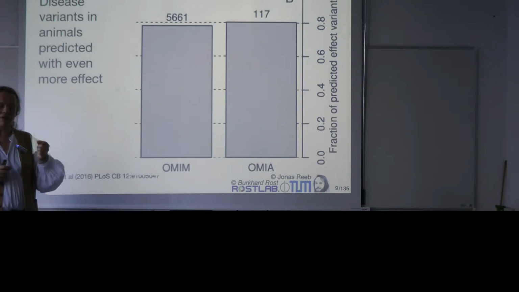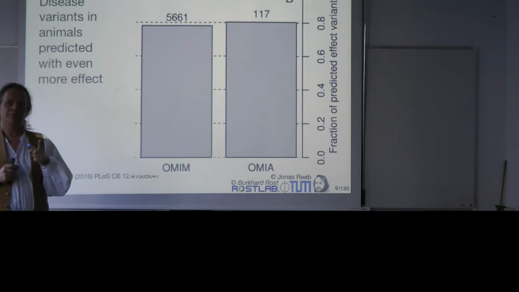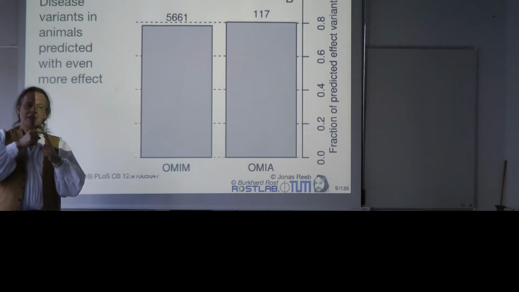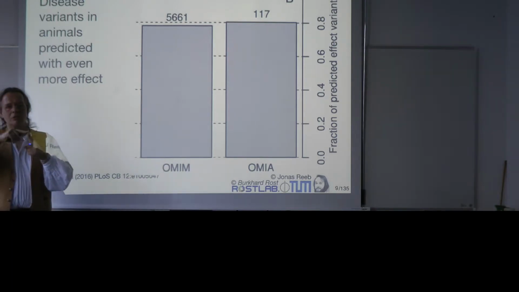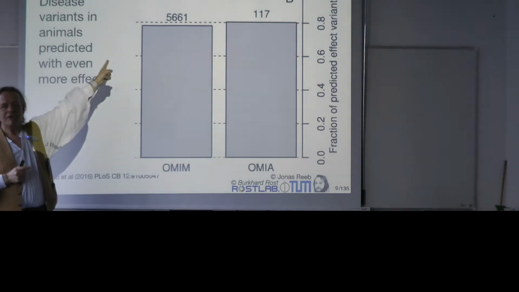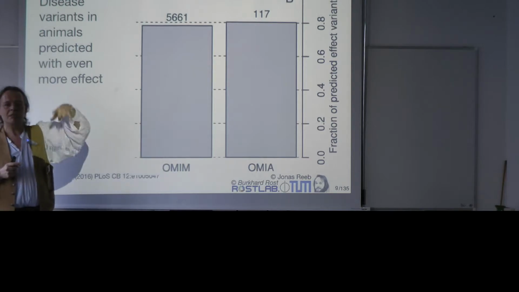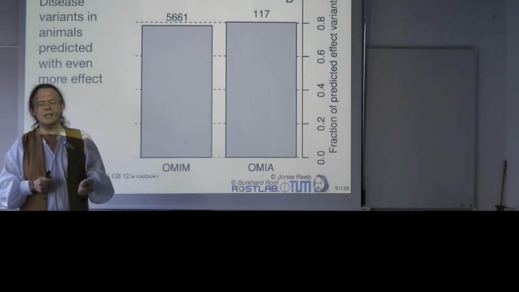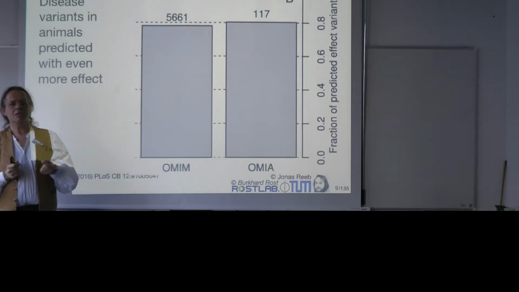What I'm saying is we have 5,661 variants. They could actually hit the same residue. It could be that in one patient this is an E to V and in another one an E to L. That would still count as 5,000. So 5,661 is 5,661 people who have a unique variant that is in a causative relation to disease.